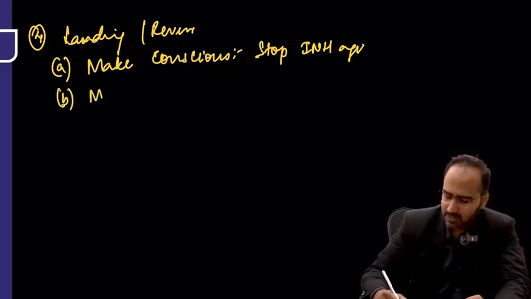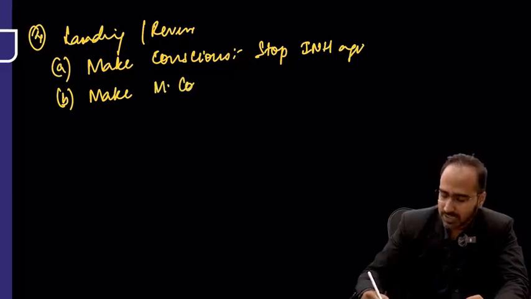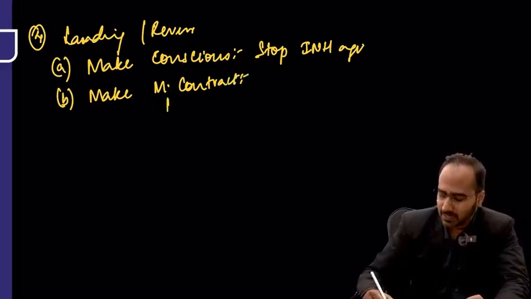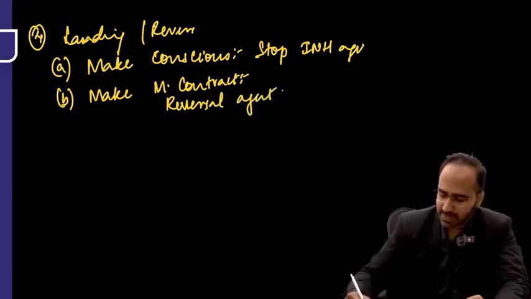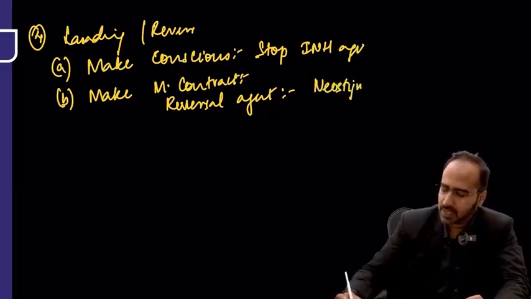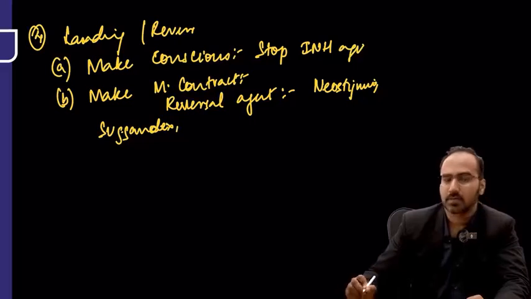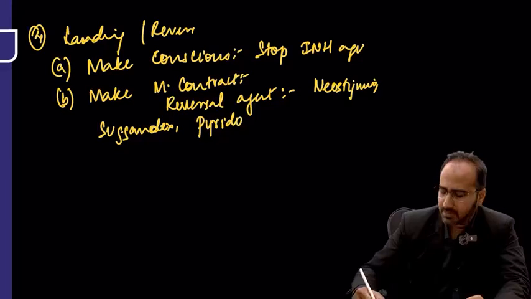Second is what? The muscles which were relaxed, now you have to make the muscles contract. How will you make the muscles contract? By giving a reversal agent against muscle relaxant. What is the reversal agent against muscle relaxant? Neostigmine, Sugamadex, okay? Neostigmine, Sugamadex, Pyridostigmine, Edrophonium,